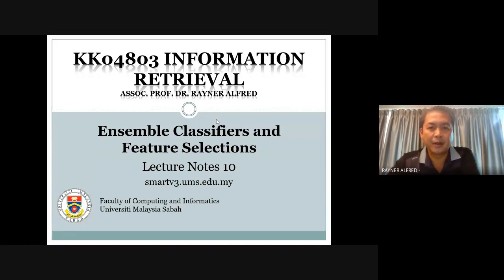documents, right? So before we can perform the classification, we need to split our data into training and testing data sets. Then we model the data using the classifier that we have. So we call it modeling. Before we can perform the testing, we need to train our classifier first, right? So when we have a new data set,